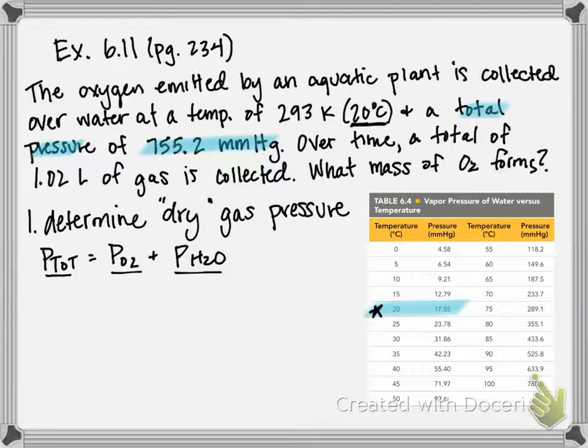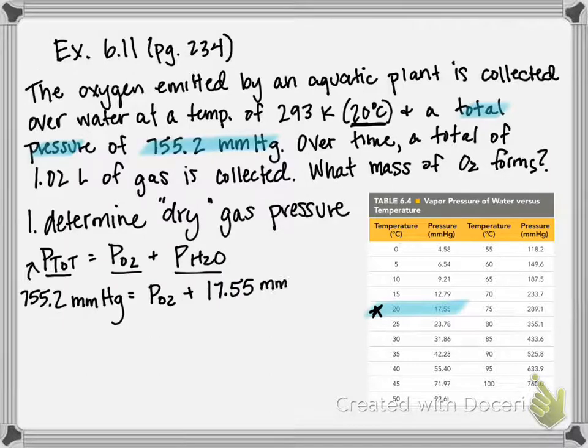So I have two variables. I have my total pressure, which is 755.2 millimeters of mercury, is equal to the partial pressure of oxygen plus the partial pressure of water at this temperature, which is